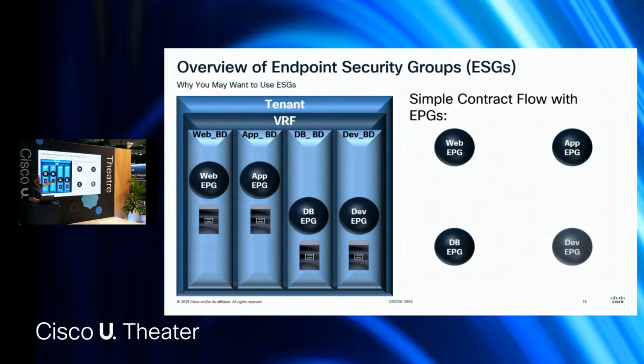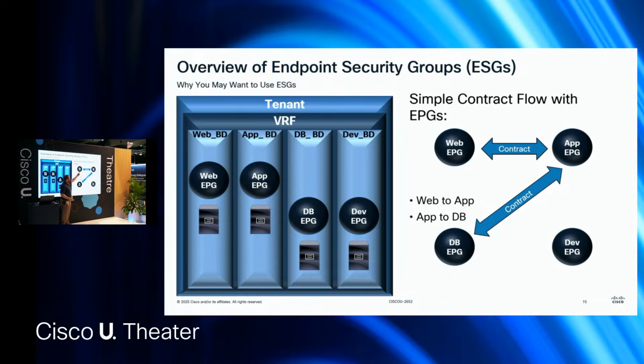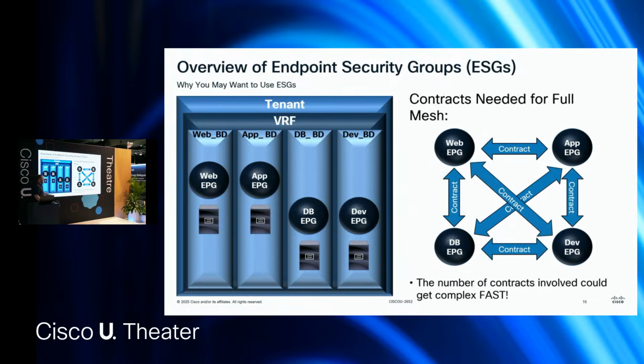So we talked before about the 3 EPGs. I've got 4 in this example. So it was web to app, as we showed, and then app to DB, but there wasn't anything here. That's why you couldn't ping it. What if you need more contract relationships in this? Now, bear with me. I'm pretty sure none of us would ever really want to do this, but you can see every contract you add adds more complexity, and it consumes more TCAM space. So even if you didn't need 6 to have a full mesh between all these, require 6 contracts. That's a lot to manage.